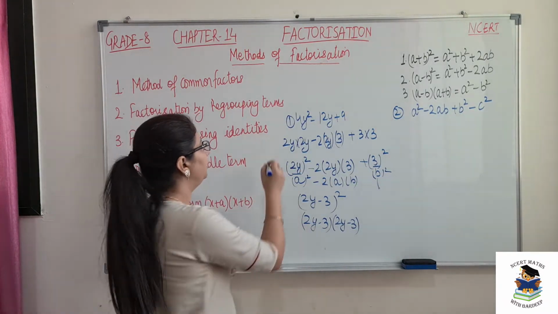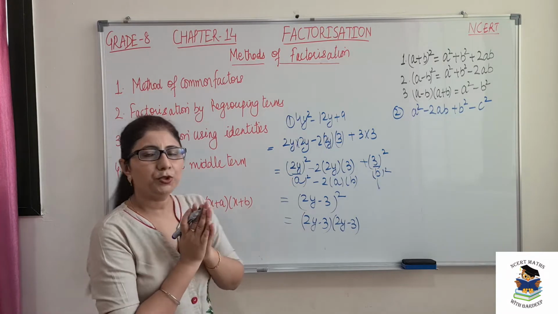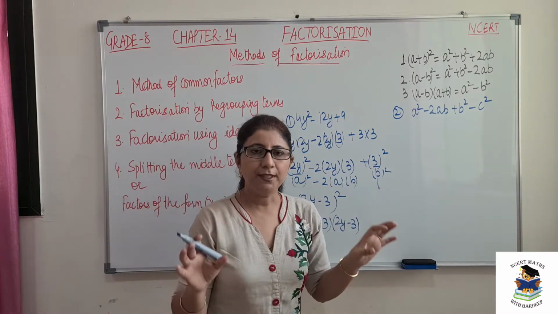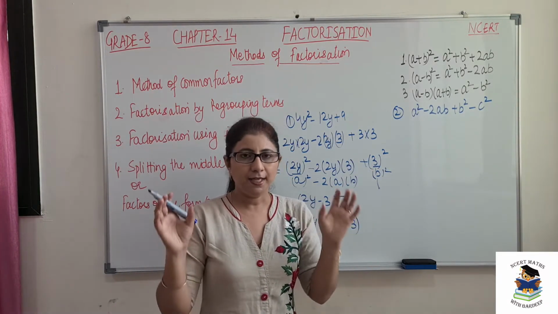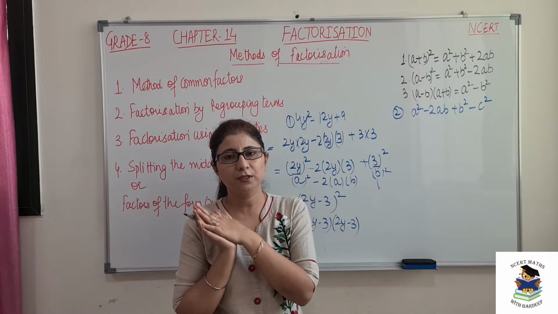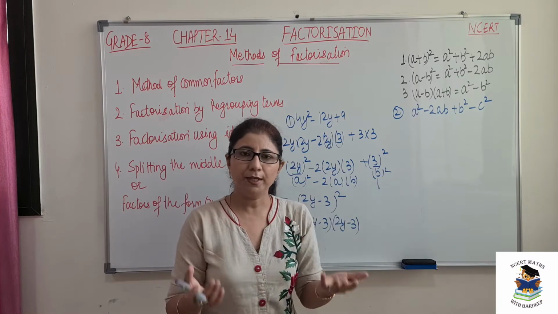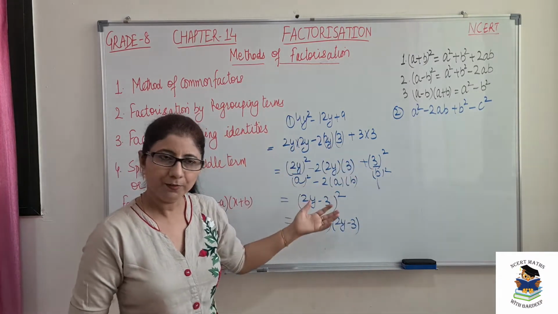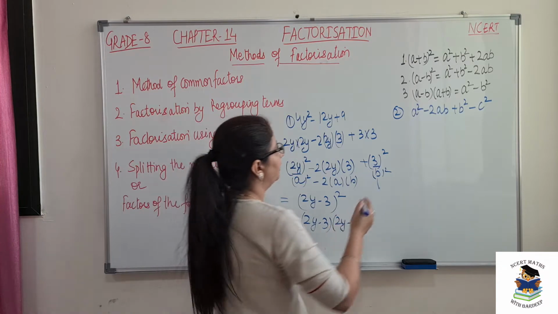I repeat, what we will do is, first we should analyze which 2 terms are complete squares, take them as a and b, and then we should check whether we get the same number as our third term if we make 2ab from these a and b. So let's do one more example.